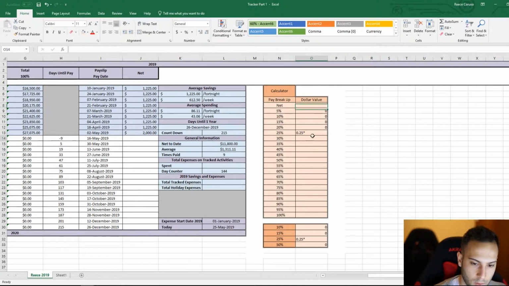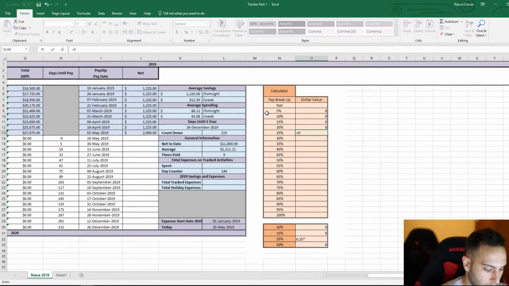Oh, what have I done? I didn't write equals at the start. So equals 0.25 times that cell. It's very important that you write equals at the start to create the formula. So then equals 0.3 times that cell,